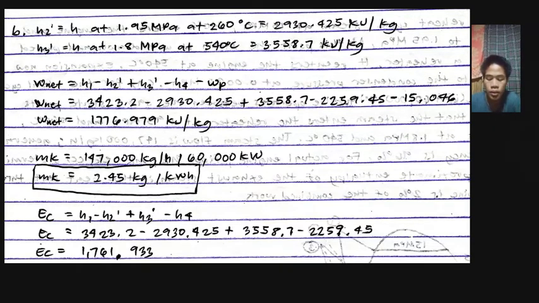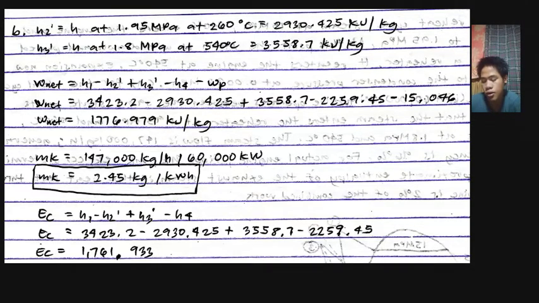3423.2 minus 2930.425 plus 3558.7 minus 2259.45 minus 15.046, and calculating it, the answer will be 1776.979 kilojoules per kilogram. Okay, together the MK equals